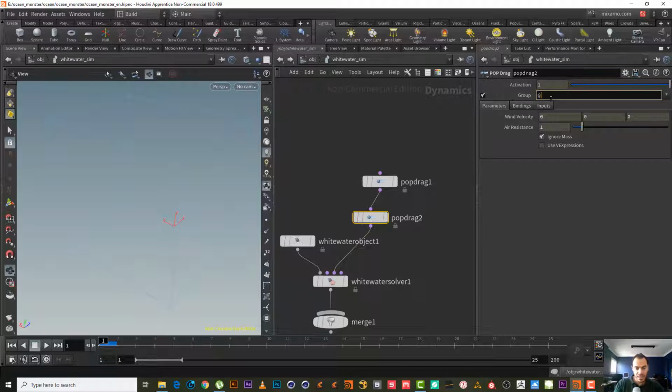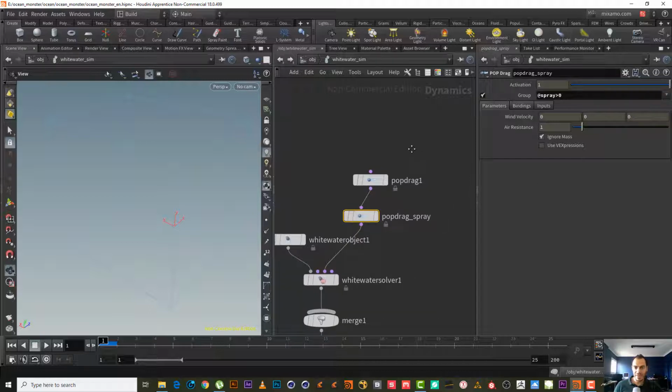If I say add spray, spray bigger than 0, this means all the spray will be affected by this drag force. Let's say this spray. Okay, maybe I want to make it 0.2. It's really depend on what do you want to do. Okay, for me there is nothing really specific now to do. Just put a pop drag and show you how to do it. Okay,